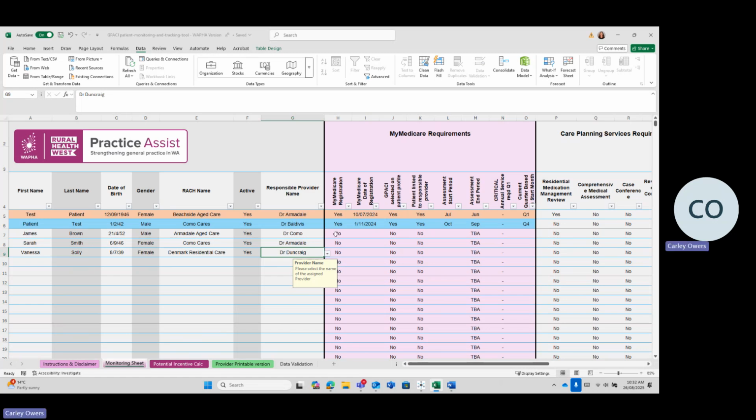Then we can also go through this section. So if we look, has this patient registered for MyMedicare? Yes. They've registered on the 16th of the 1st. Registered for GPACI on the same date, and they're linked to the provider. So this patient will have a start period of January because it's within the January quarter, and they're currently in